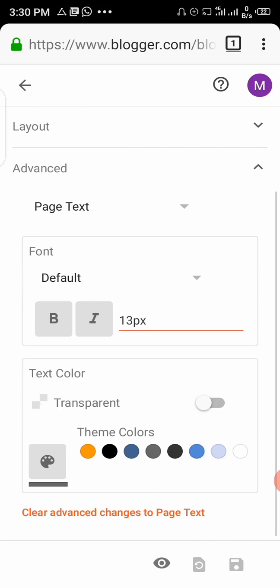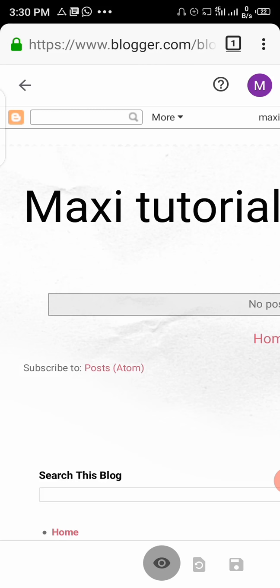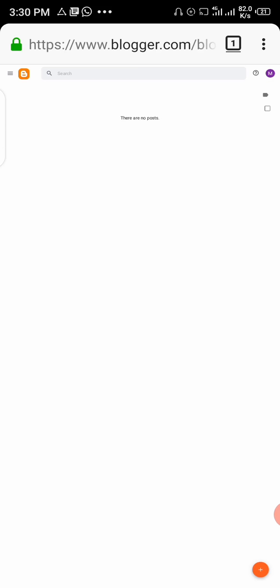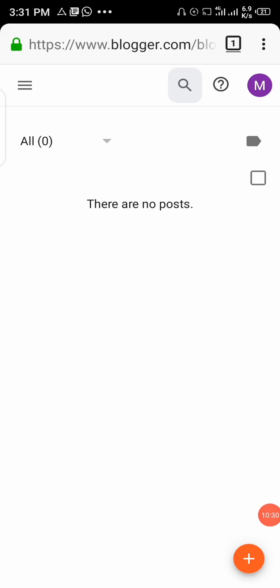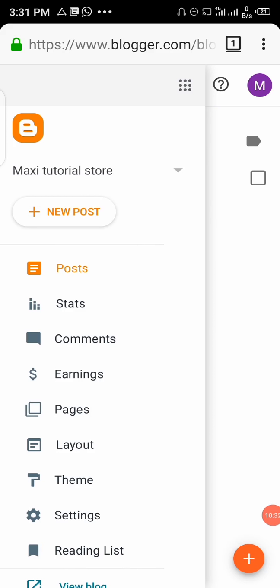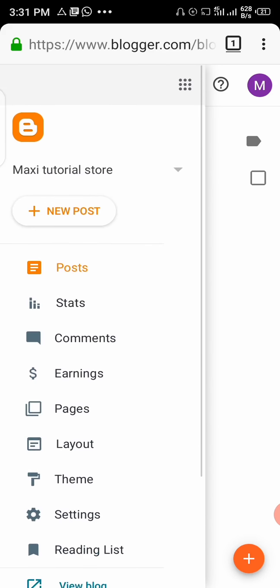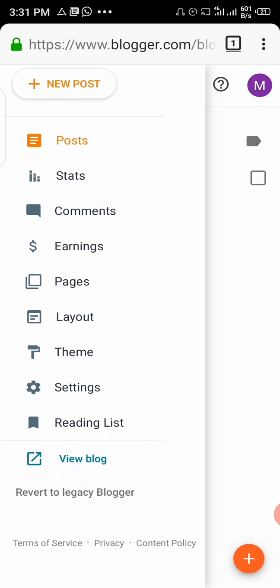Okay. So let's just view how our blog, our website, is going to look. See, we have no post yet because we've not posted anything yet. So going back to our mobile view, click on the top left corner to reveal your menu. So we're now going to check